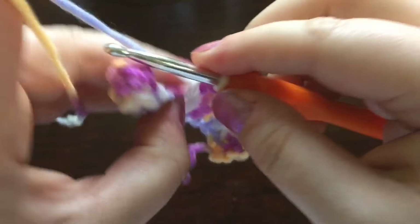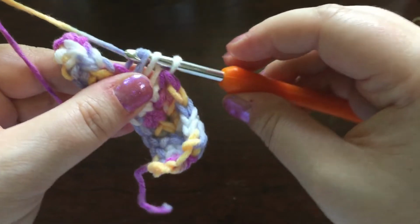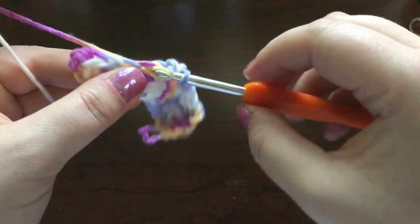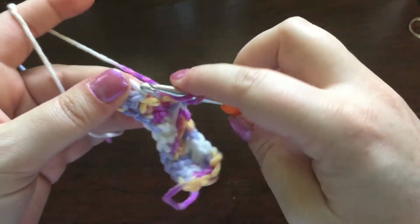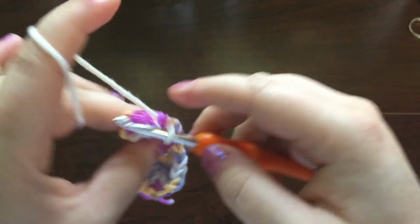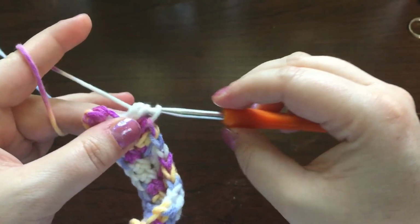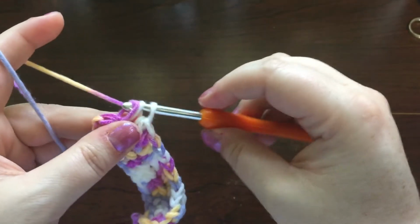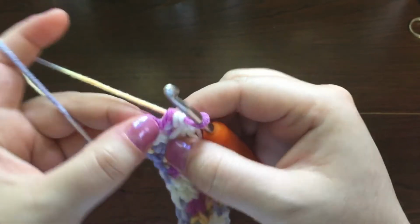Get this real good and close to the camera. And now a half double crochet is just a little bit of a taller stitch than a single crochet, and I still have the swatch from the single crochet, and we're going to compare the two once we get to the end. And just like with the single crochet, when you come to the end, you're gonna think that you're going too far, but you really aren't,